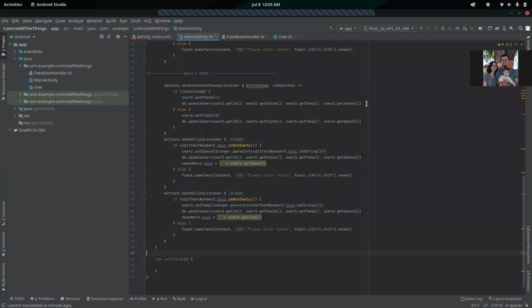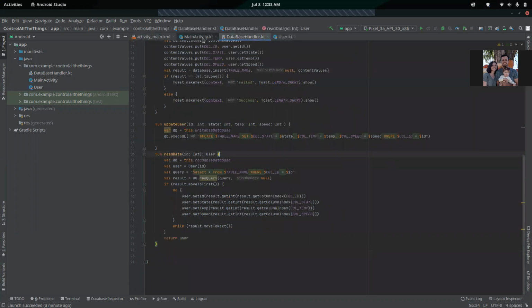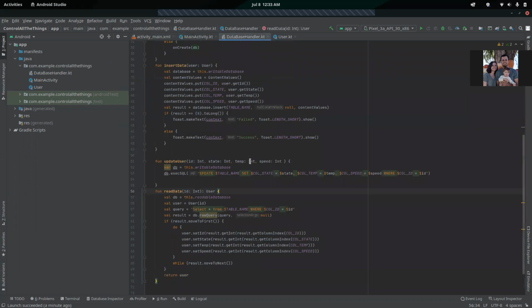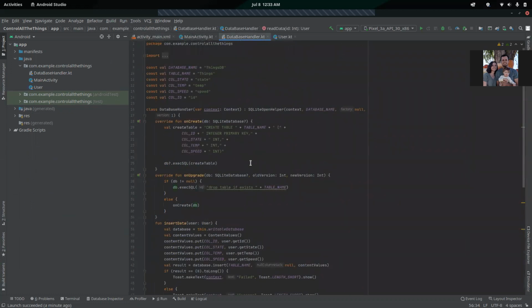And so right now this is just an Android app and a SQL database, and it's not connected to the AC units. But let's see, for the main activity, we'll start with the database. So it uses a SQLite database, and that saves the status of both of the AC units, and so that